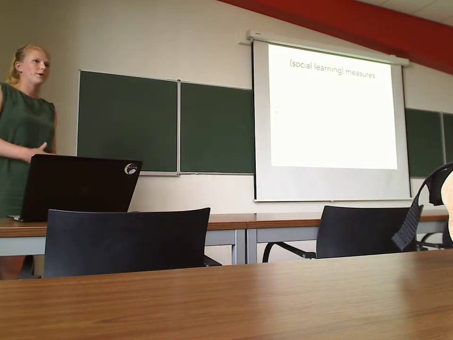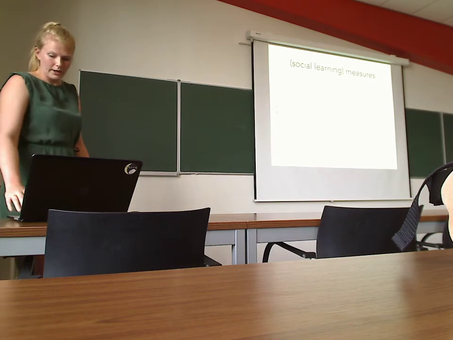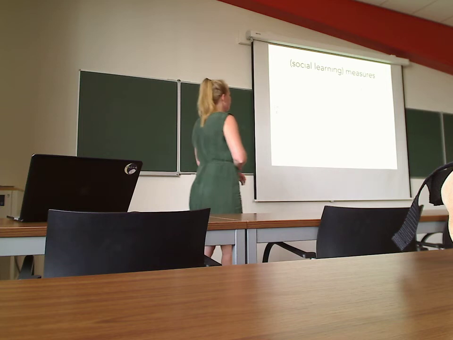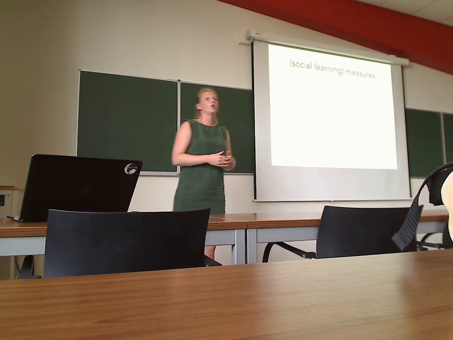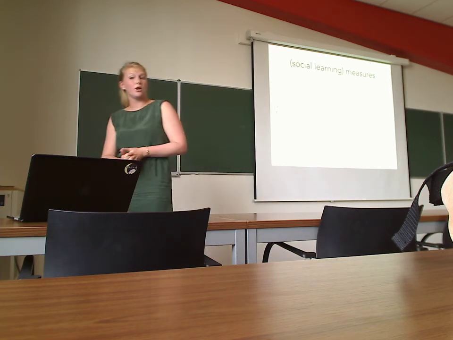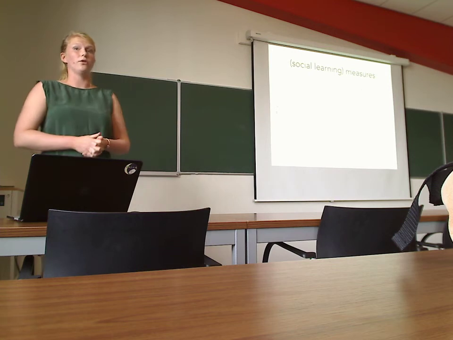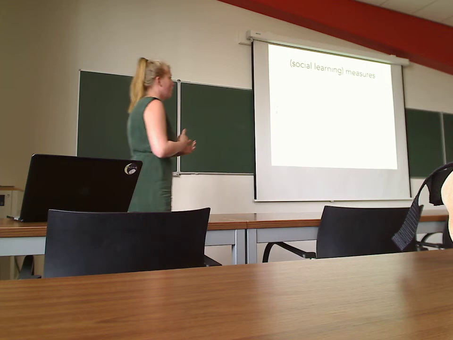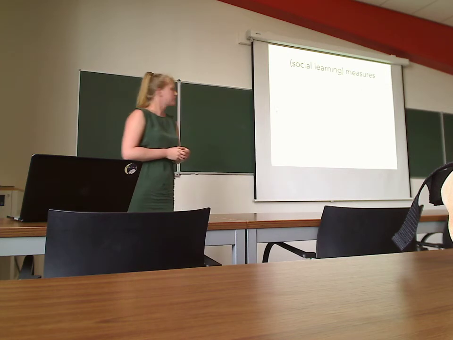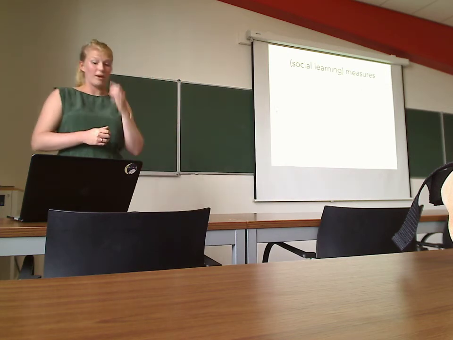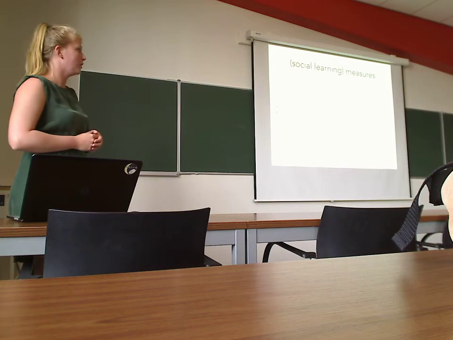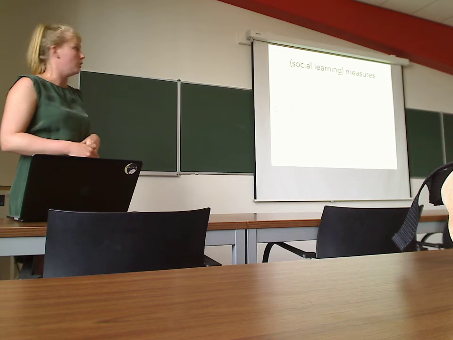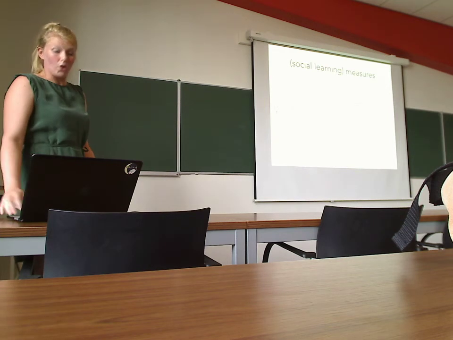So what are the measures we looked at when we look at the benefits of social learning? If you have one robot only, in evolutionary robotics, we usually have a performance over time. Time can be the number of generations or the number of evaluations. In our system we have 1 evaluation per robot, and we have a certain population size in the generation. So for us, the time scale is the number of evaluations, and we look at the performance.